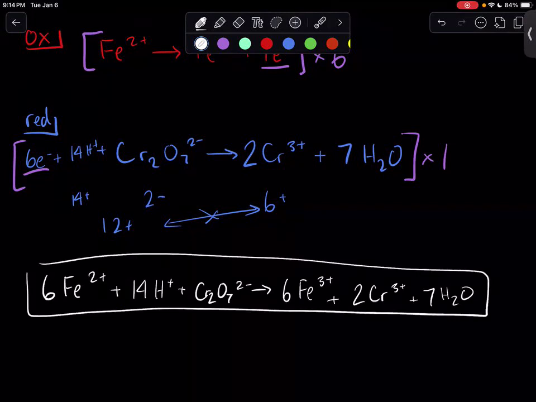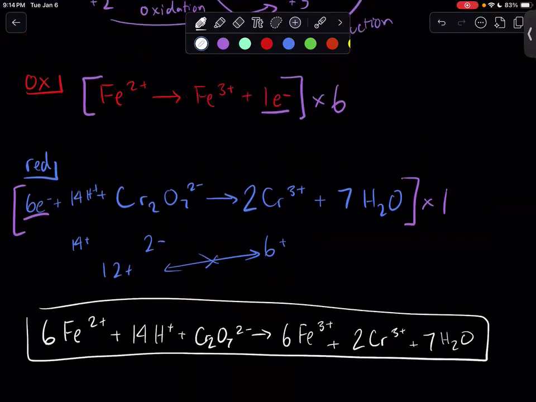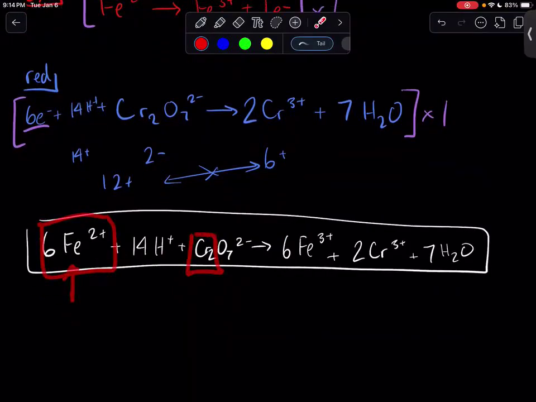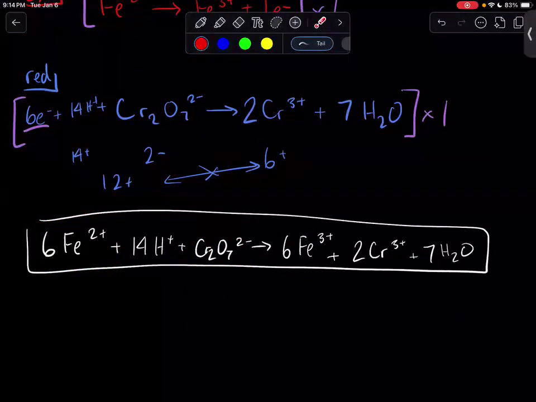This is how we approach redox reactions in an acidic condition, where we need to start adding hydrogens and oxygens to help balance this out. Hopefully this helps you understand a little bit more. Before we end today, let's just remind ourselves on this last one. Iron was oxidized and is therefore the reducing agent. Chromium was reduced, and we will actually say that dichromate or chromium was the oxidizing agent here. Make sure that you are familiar with these terms and you can use them. Hope this helps and have a great